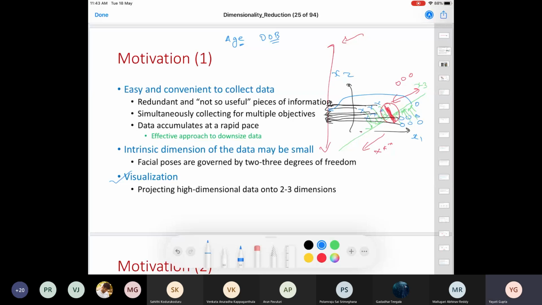Some dimensionality reduction techniques can still help us do this visualization in a 2 or 3 dimensional space while still giving you this information: suppose there are 2 points x1 and x2 in this high dimensional space. They will try to retain the proportional distance between x1 and x2 in this low dimensional space as well. So they will try to project these x1 and x2 in a somewhat proportional manner in this low dimensional space. Okay.